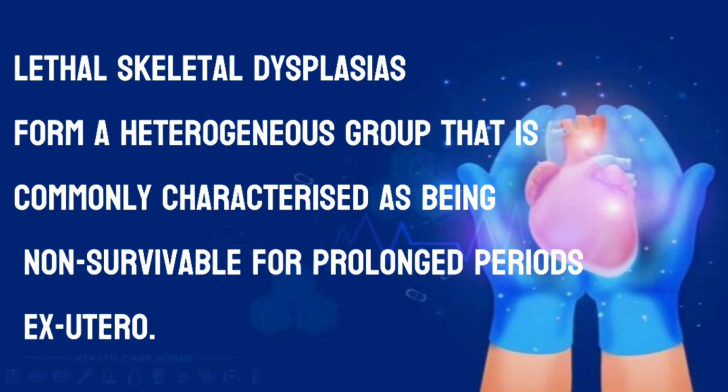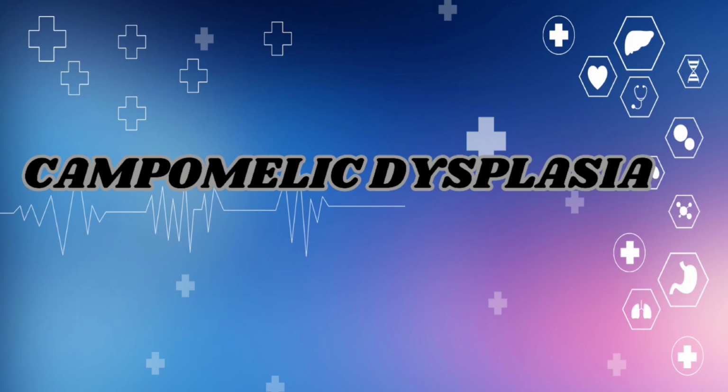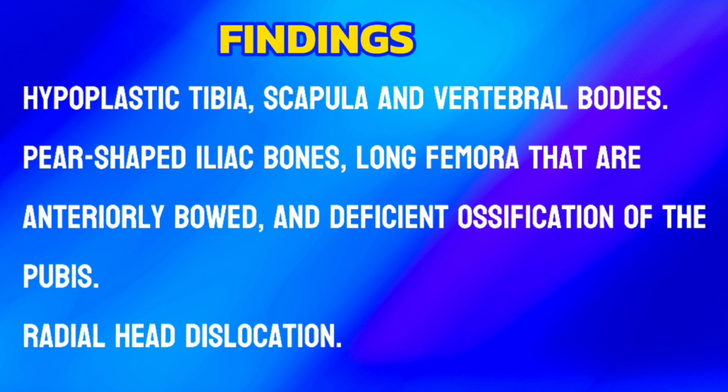Lethal skeletal dysplasias form a heterogeneous group that is commonly characterized as being non-survivable for prolonged periods ex utero. Lethal dysplasias have been classified into some major categories, and the genes responsible are known for several. They include campomelic dysplasia. The findings are hypoplastic tibia, scapula, and vertebral bodies, pear-shaped iliac bones, long femora that are entirely bowed, and deficient ossification of the pubis, radial head dislocation,